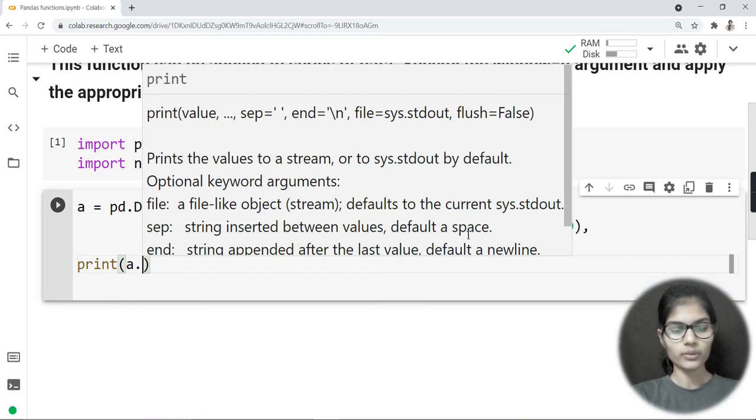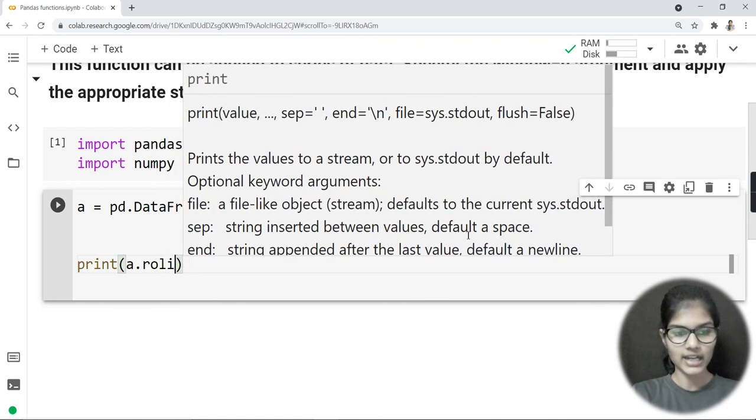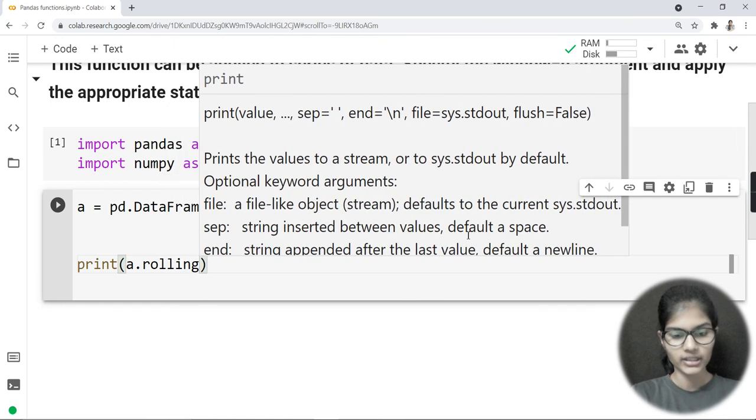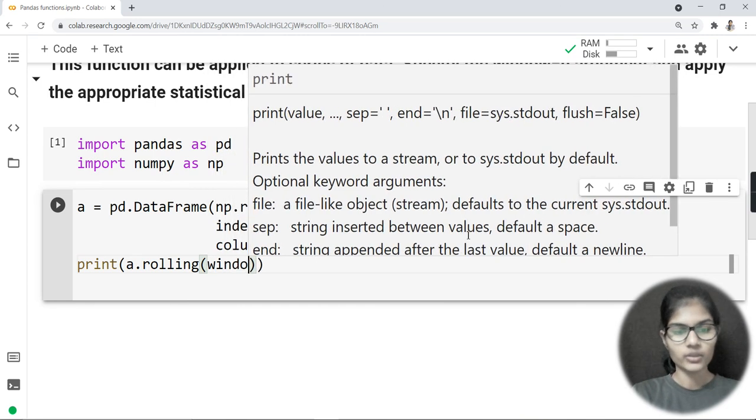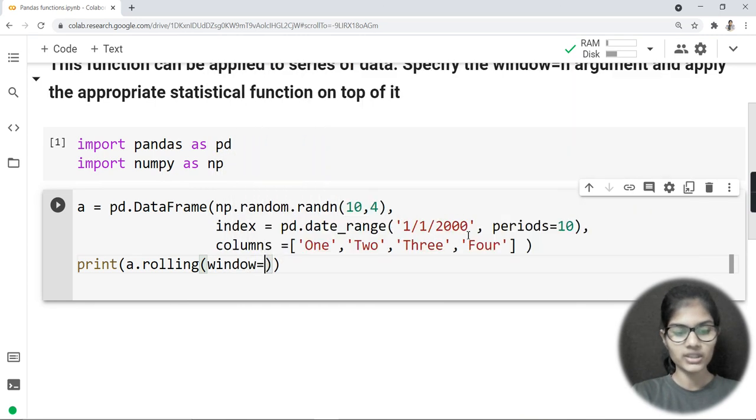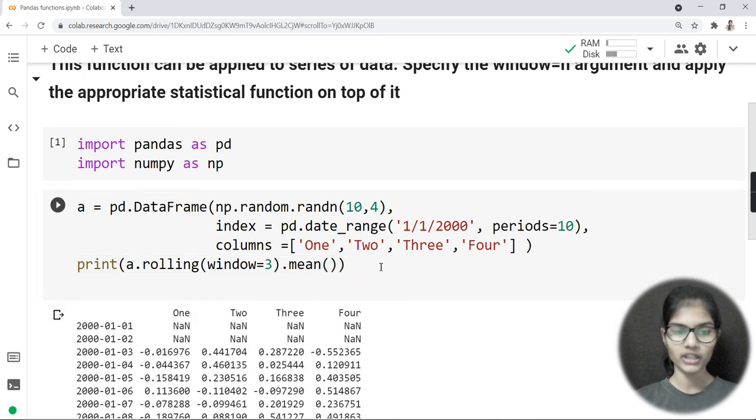Inside the brackets I would pass the parameter which we had seen, window is equal to 3. And I even need to perform one statistical function here, so let's say I perform the mean function. This is basically how we use the dot rolling function.